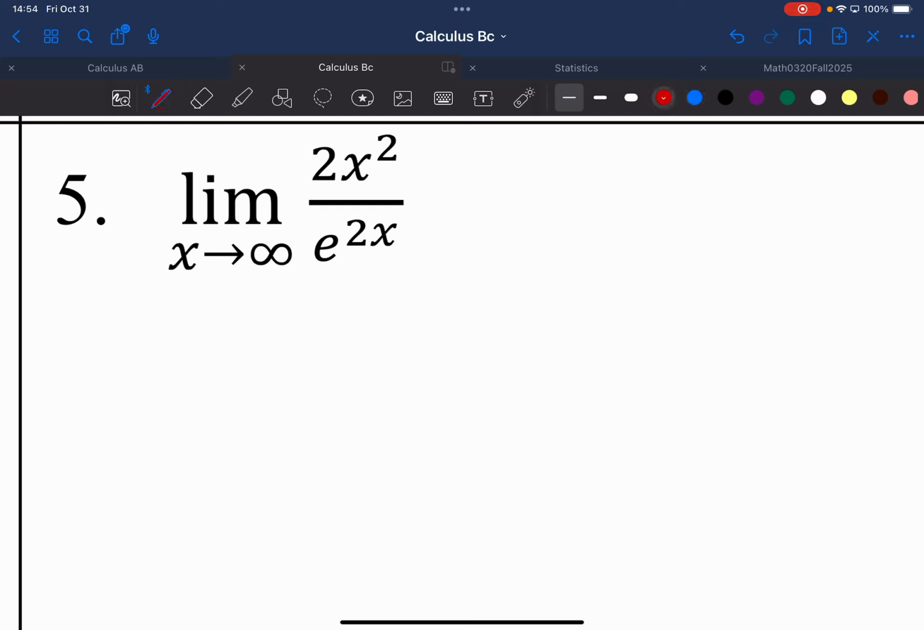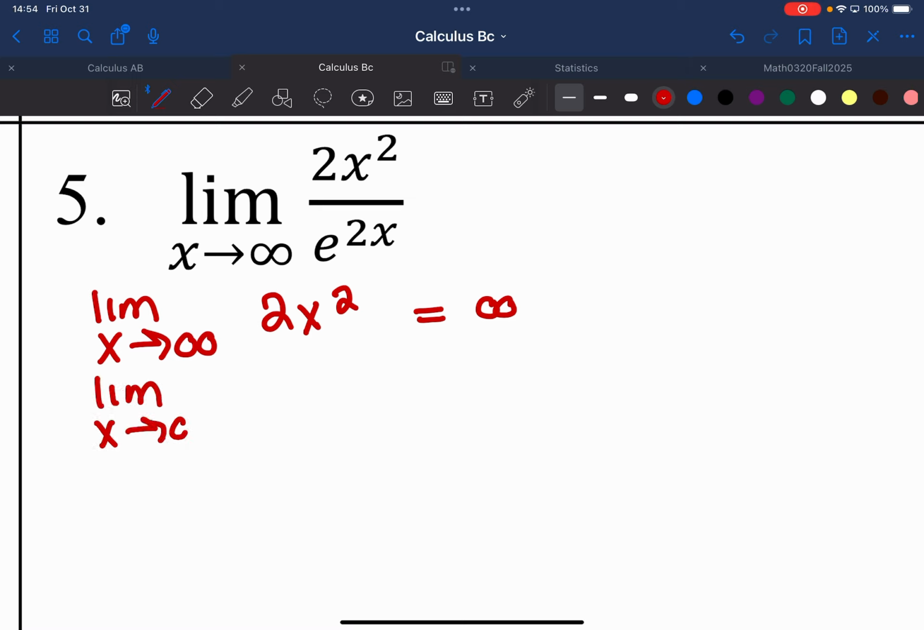Infinity over infinity. So I'm going to do the limit as x approaches infinity of 2x squared, and I know that that is going to approach infinity. Please don't plug in infinity for x. They don't like when you do that on the AP exam because infinity is not a number to plug in. And then we have the limit as x approaches infinity of e to the 2x, which is also going to approach